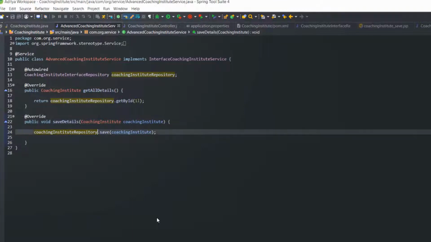Now from there it will call the save details, and from the Coaching Institute repository it will call the JPA repository method save, and through that Coaching Institute it is going to save the details in our H2 database.